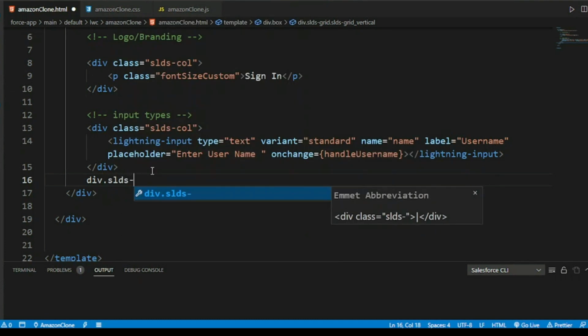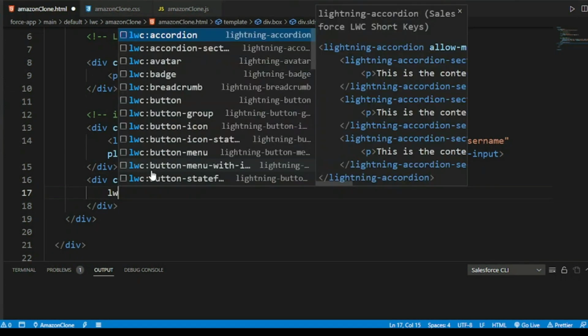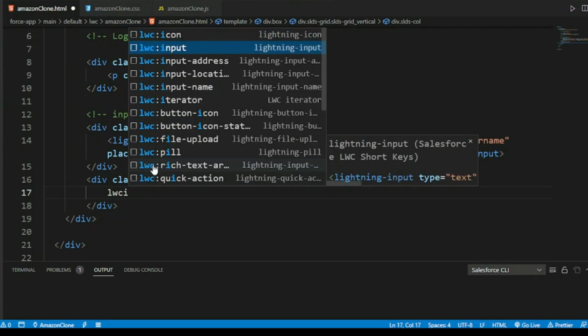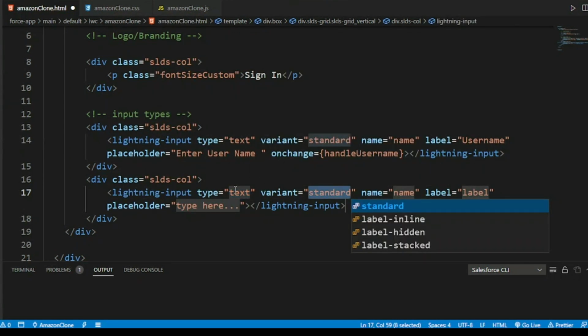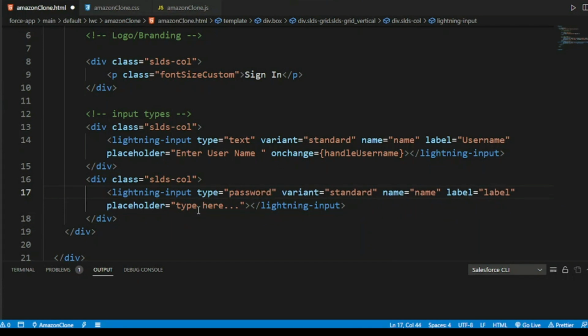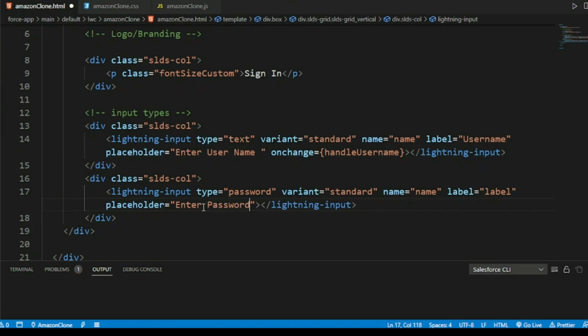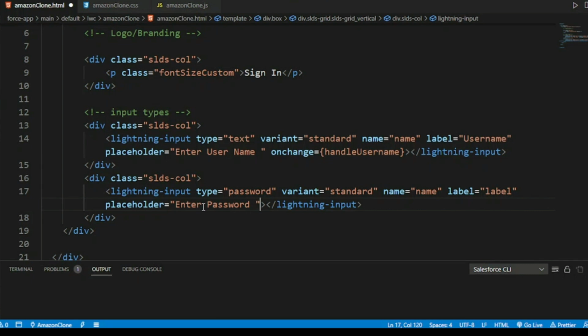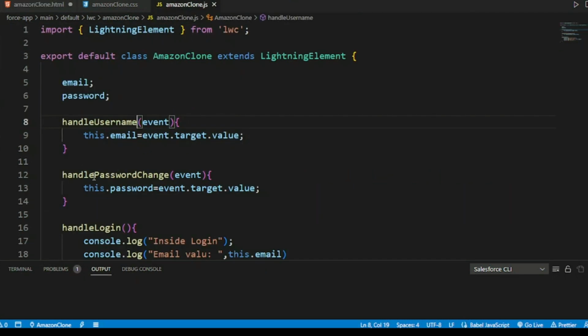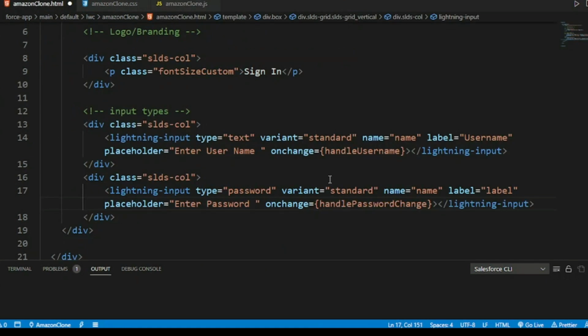So div.slds column and LWC input, the second one, input type would be password, and this would be entire as a password, enter password. Okay, so this would be our password, and for on change we would be having our property that we created in the handle password change JavaScript file, and